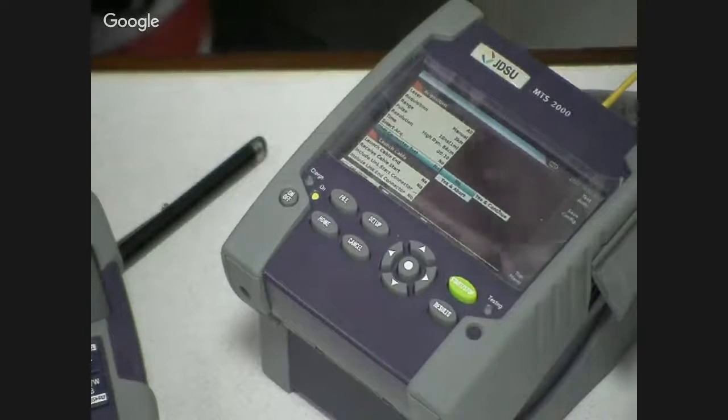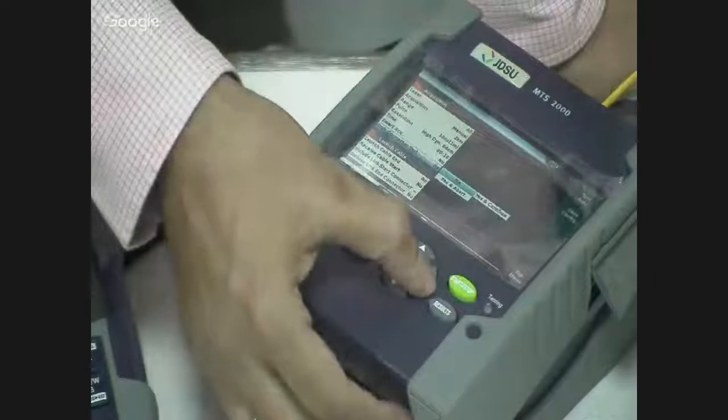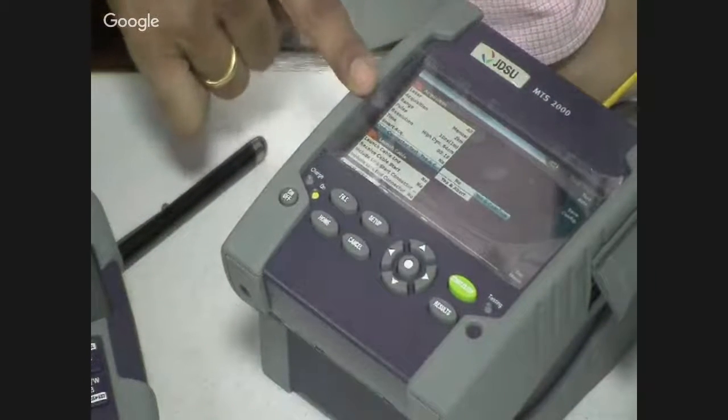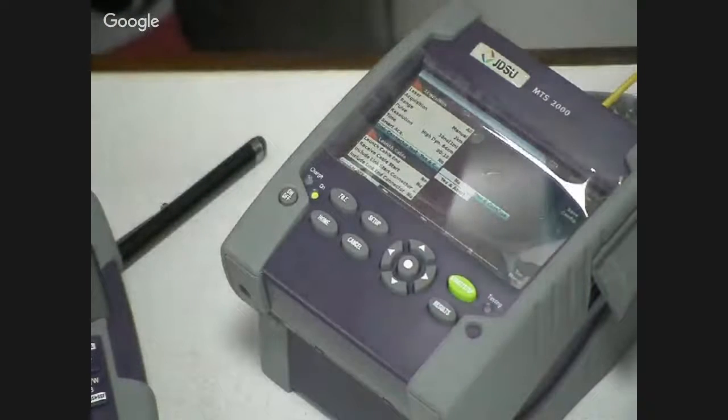So it will show you. Yes. So we do a sample test and tell you whether you get the